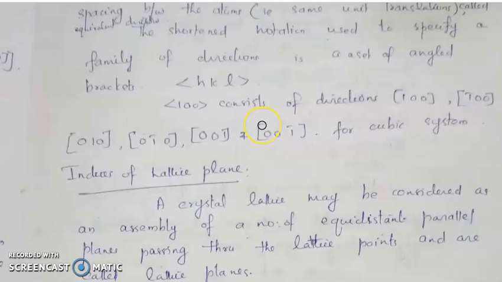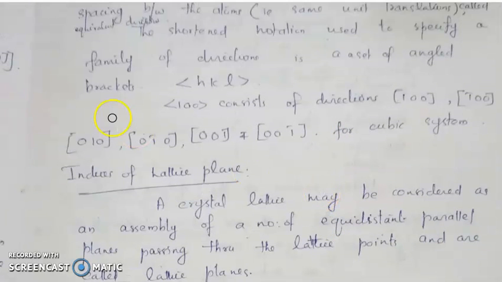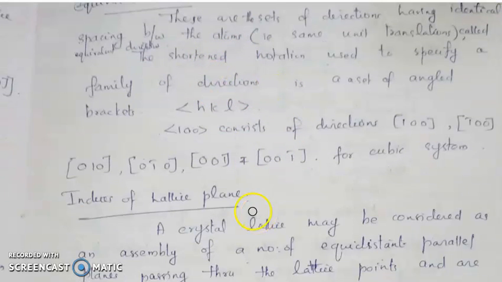So we have studied two types of indices. One is the site indices, and they are the same as the indices of direction. If it is site indices, it is represented in double square brackets. If it is in a single square bracket, it is a direction, that is, indices of direction. Then we have